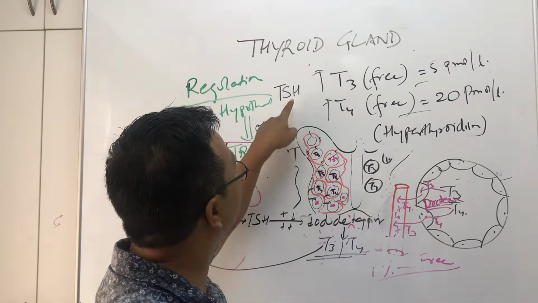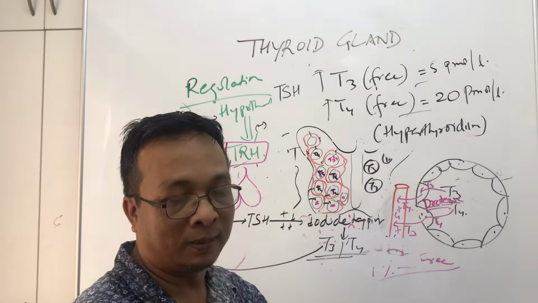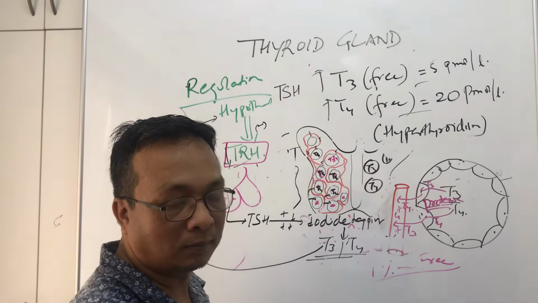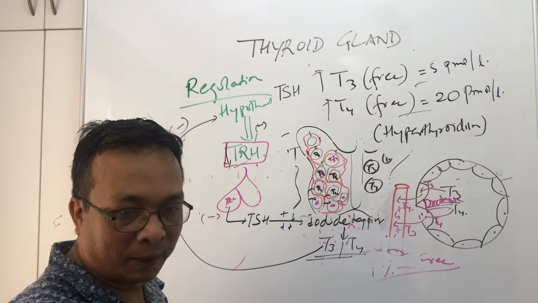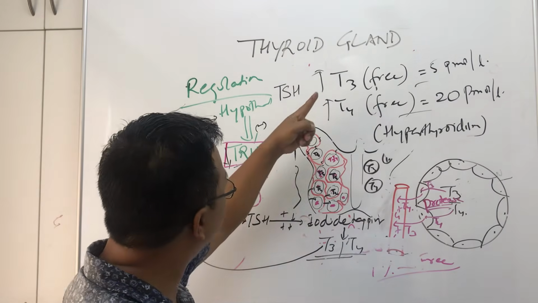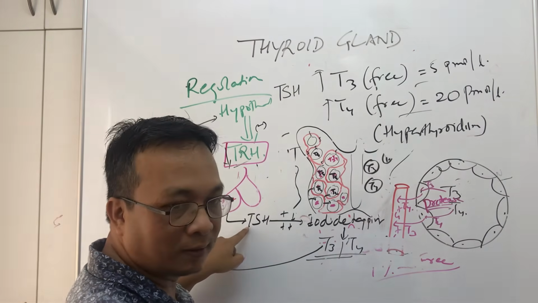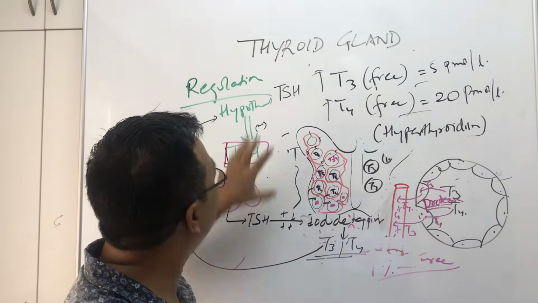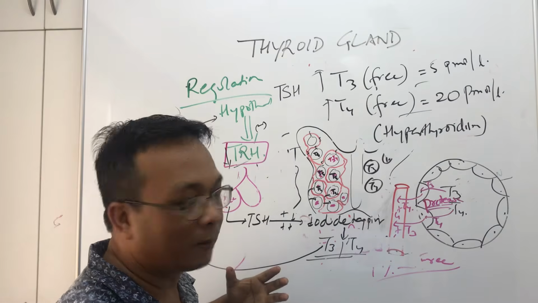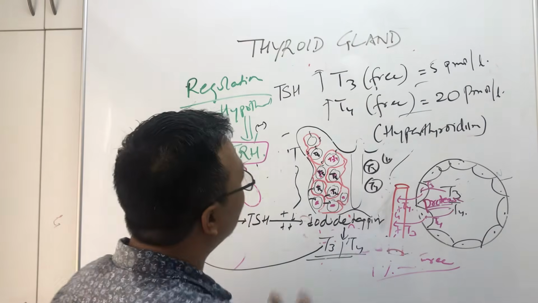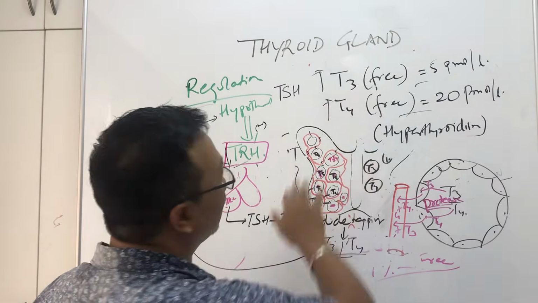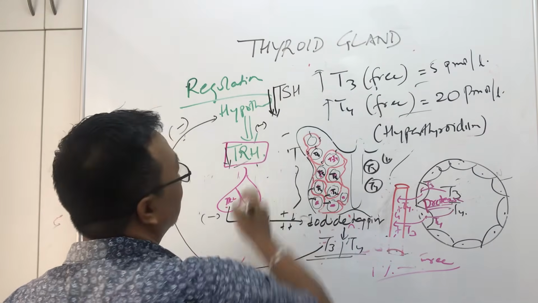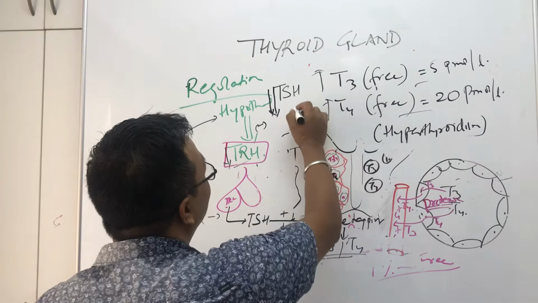And what will happen to the TSH level in hyperthyroidism? Will it be more or will it be less? Now I told you the negative feedback mechanism: when T3 and T4 increase, the TSH decreases, right? That's a feedback loop. It's trying to control. That's how the thyroid hormone is regulated. Now in case of hyperthyroidism, you will see in the blood report that T3 is high, T4 is high and TSH is down.